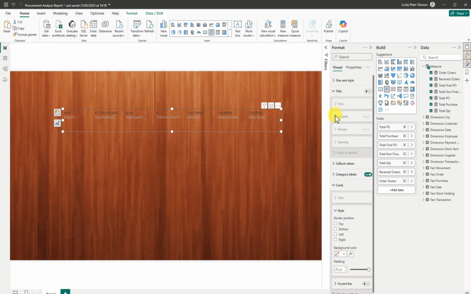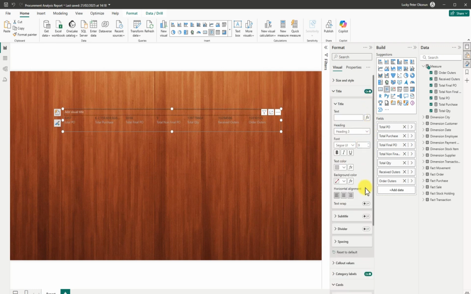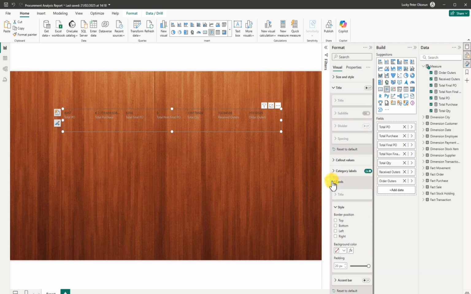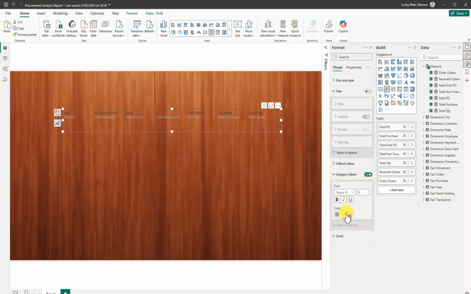Okay, we have title, subtitle, divider, spacing. So let me see divider. First of all, I have to put title first. Then I have to go to the subtitle. You can see. So for you to have a divider, we can actually do that now. So we close the card. Then we go to